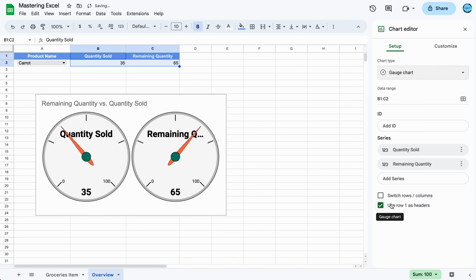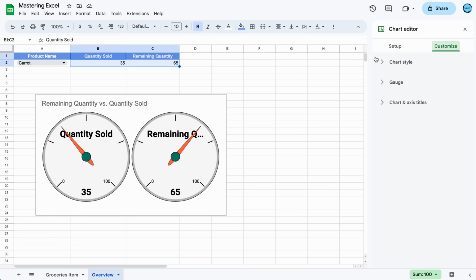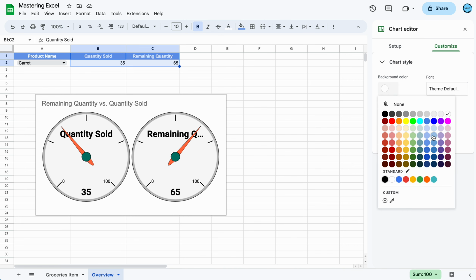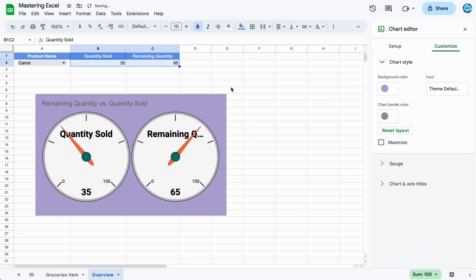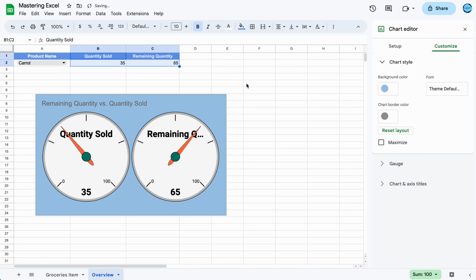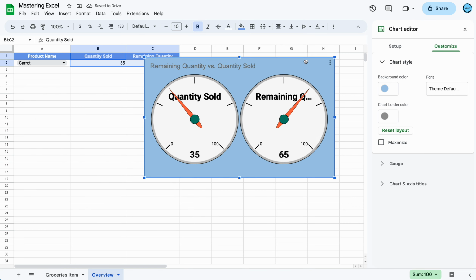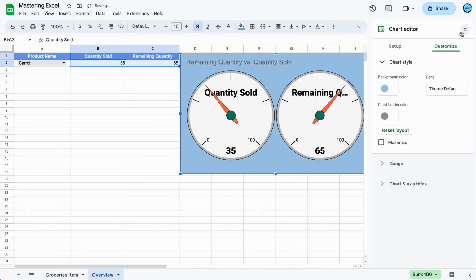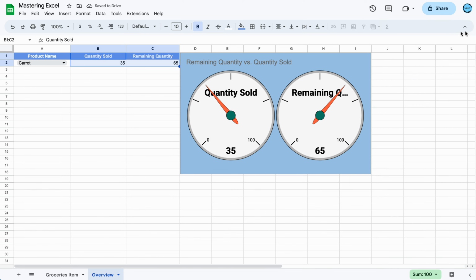Now click on this chart and then let's try to beautify this chart as well. Go to customize, go to chart style, add a background color, say this, or let's add some light blue here. Let me put this. Now close this